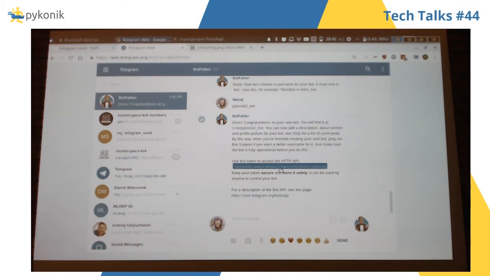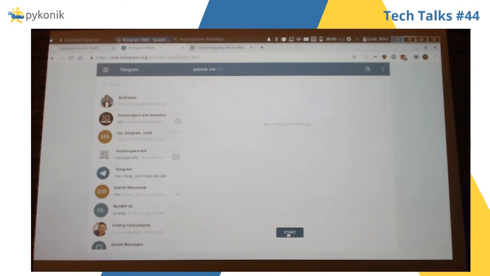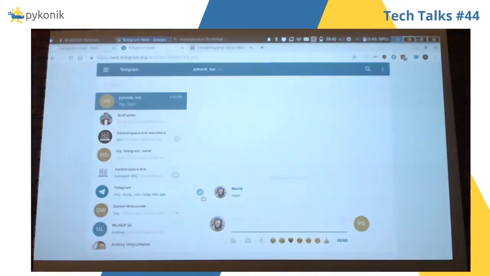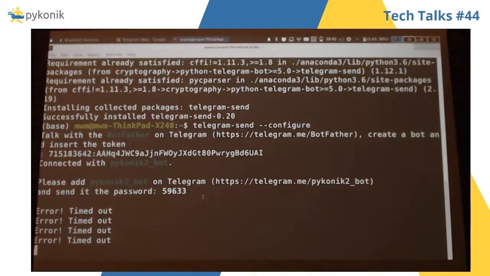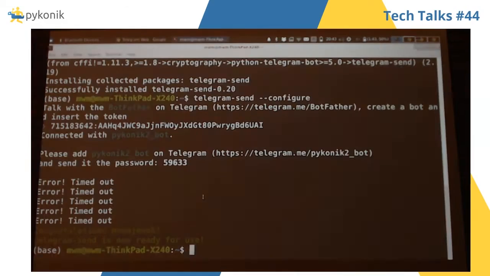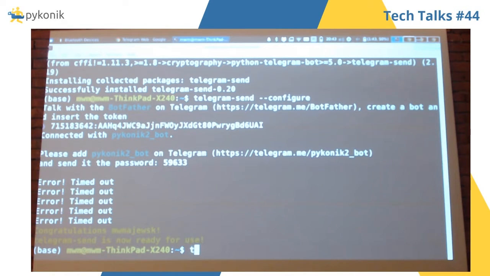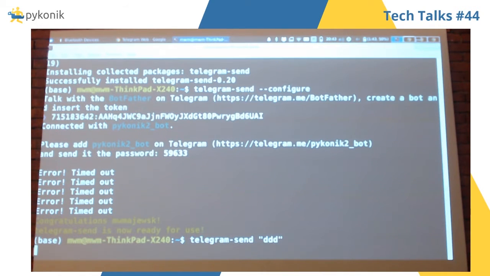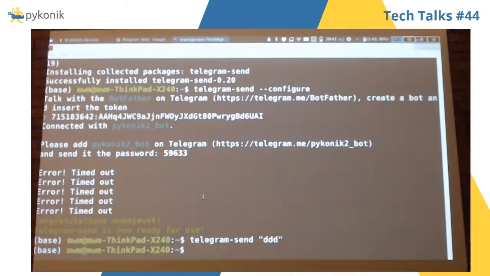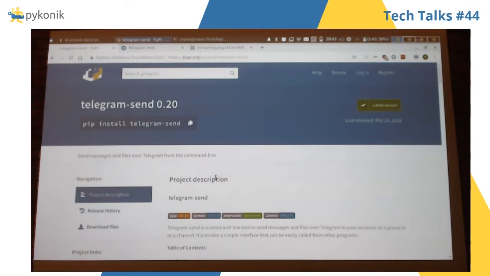Okay. The one thing that I'm missing is here. And now we can copy that code, 59633. Yep, and now it's connected, and now we can do Telegram send and some message. And it's just here. And we can use it in a fancy way because we can use alias, which is provided